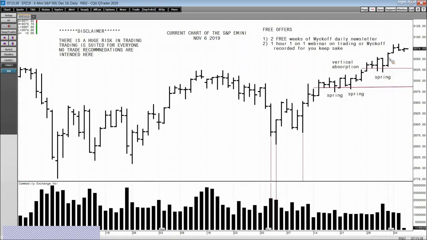This was last Friday's close, November 1st, 2019. The market then goes up on Monday, but the range is not as great as we'd like to see it because it didn't mark up. And yesterday the market closed on its lows. So here the market may be acting a little bit tired, and I would caution against any type of corrective move here. But without the supply in the market, the trend is up, and the ease of movement of the